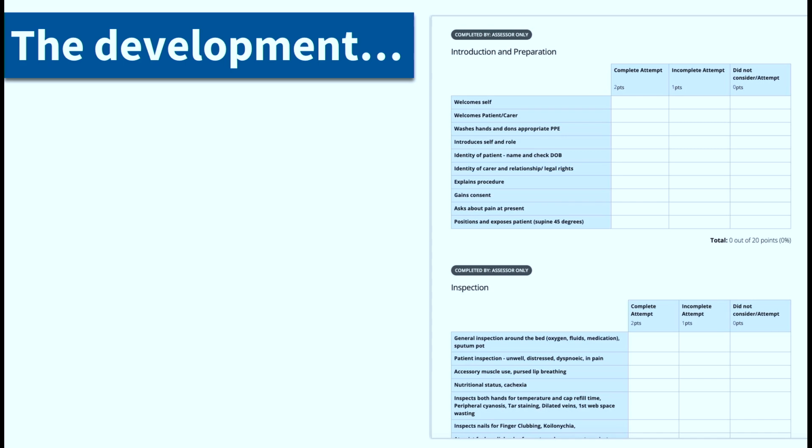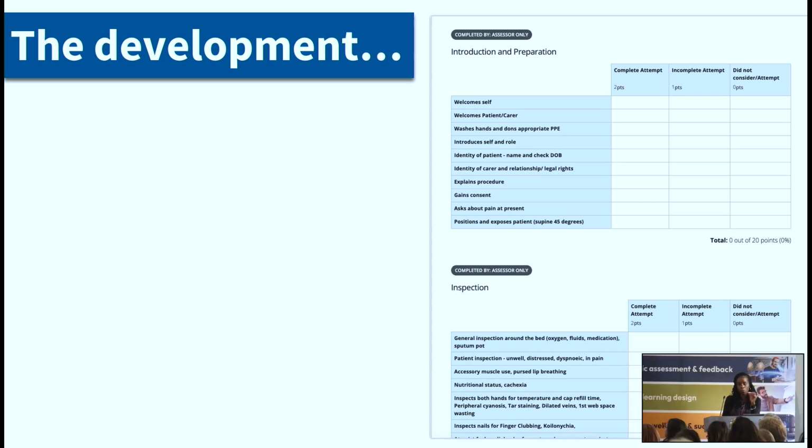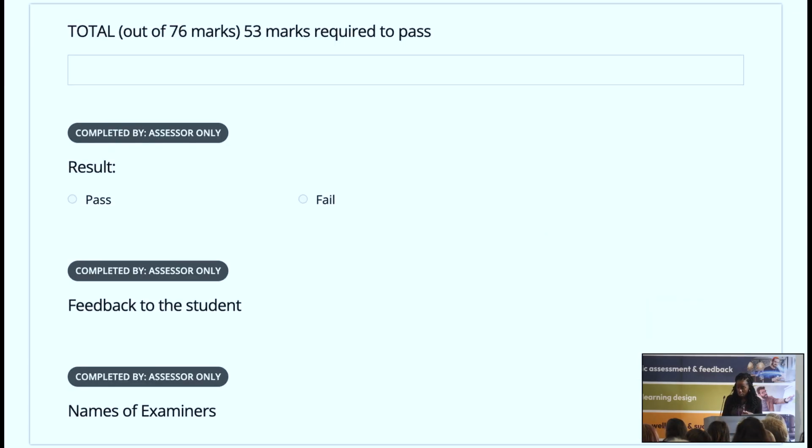So this is an example of one of our marking templates, and it's basically made up of multiple rubrics. They're all assessor-only fields, and you can see that there's a little total under each rubric, and basically the assessor just ticks off and marks them as they go along. And then further down, there is an area for them to put the total score, so they have to add up the rubrics. Then they determine the outcome, whether it was a pass or a fail. And then there's a space further down to provide the student with some feedback on how they did on that